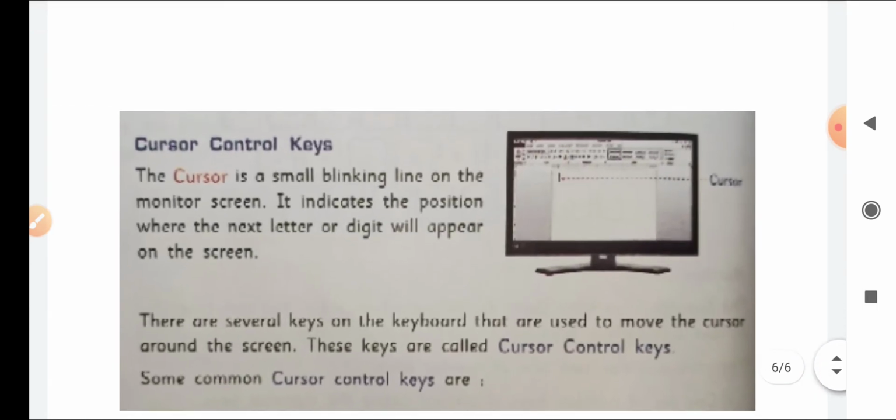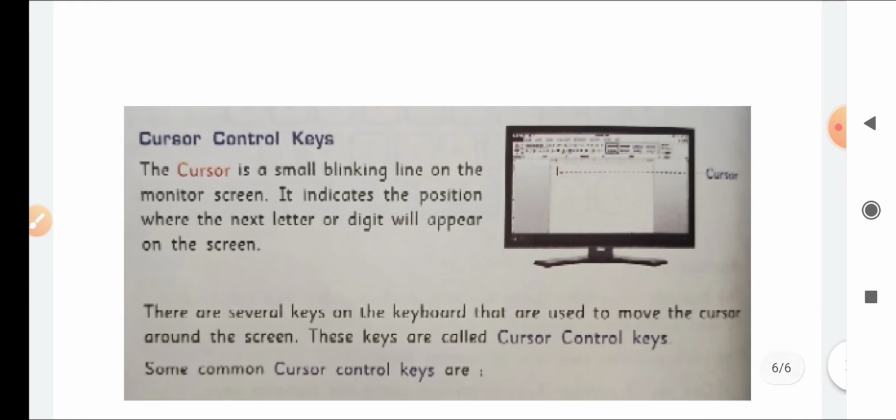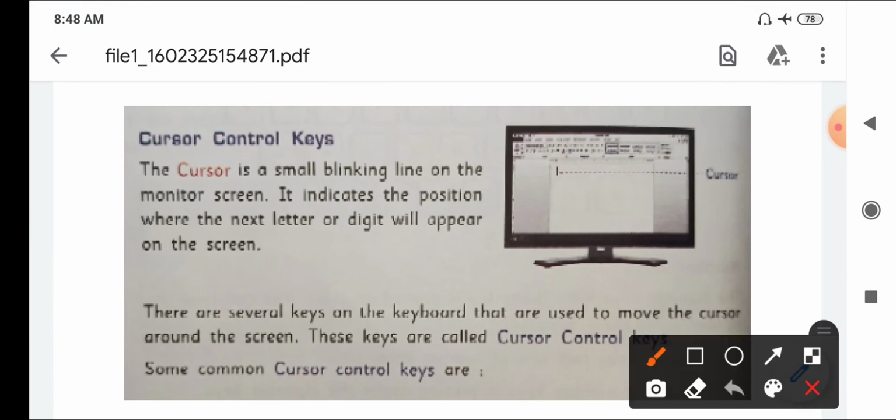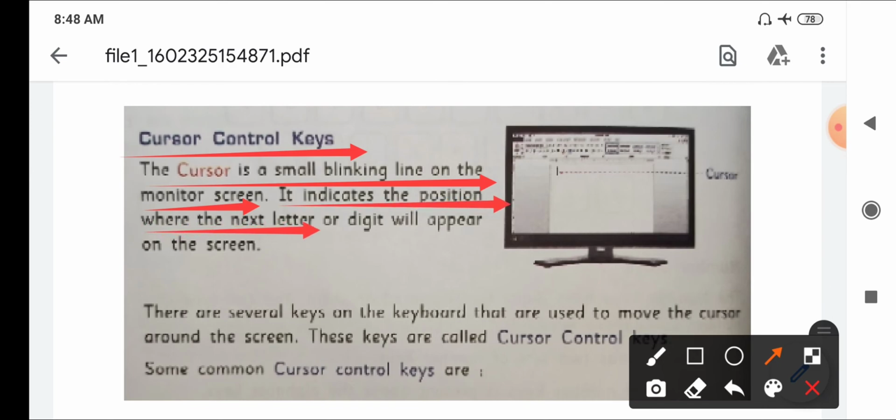Okay, now our next key is the cursor control key. Cursor control keys. The cursor is a small blinking line on the monitor screen. It indicates the position where the next letter or digit will appear on the screen.